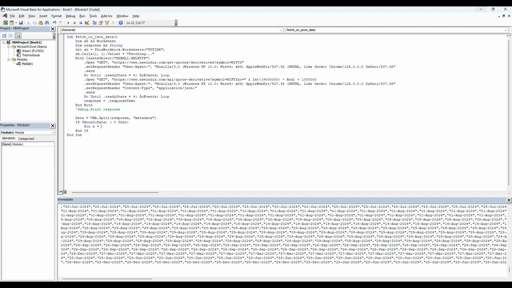And For n is equal to LBound(data) To UBound(data), we are going to iterate all the data available. Next n. If data(n), so we fetch a particular variable from that array we have split just above, has something like FUTIDX, it means we are only interested in future index data. So if this row contains some future index data, then we are going to process it, otherwise we are going to ignore that one. I is equal to I plus 1, but we don't have I already,